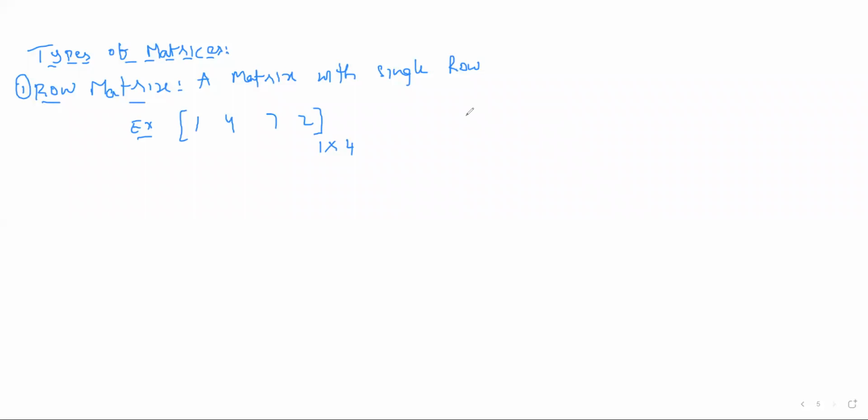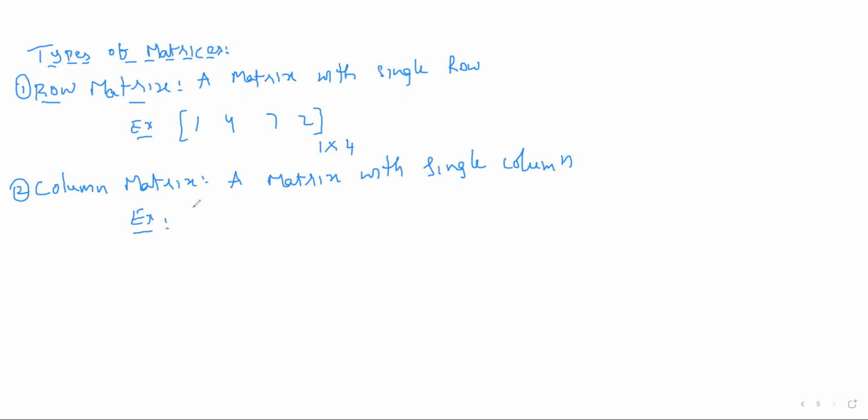Similarly, second one, column matrix. A matrix with a single column is known as a column matrix. Example: 1, -6, 7. What is the order of this matrix? 3 rows, but one column, a single column. This is a column matrix. Okay. Next,